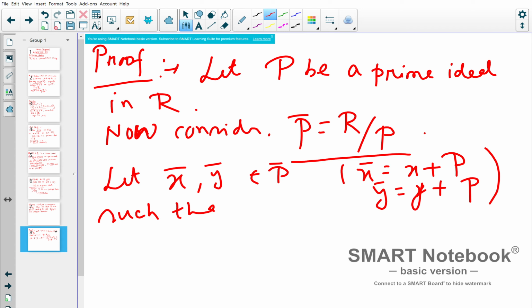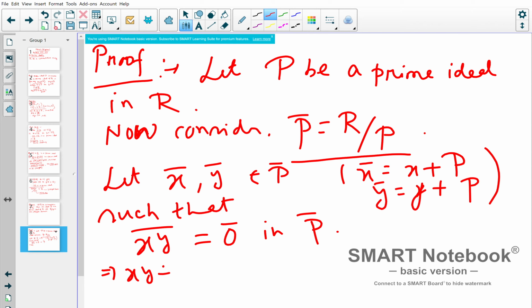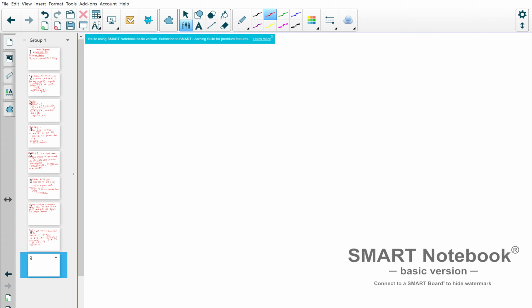Okay, so you choose two elements such that the product x bar into y bar, that is xy bar, is 0, meaning 0 bar, in this P bar. Okay, so you choose two elements whose product is 0 bar. So what does that mean? That means this xy plus P equals P, right? This identity is 0 here in R mod P, and hence you can talk about